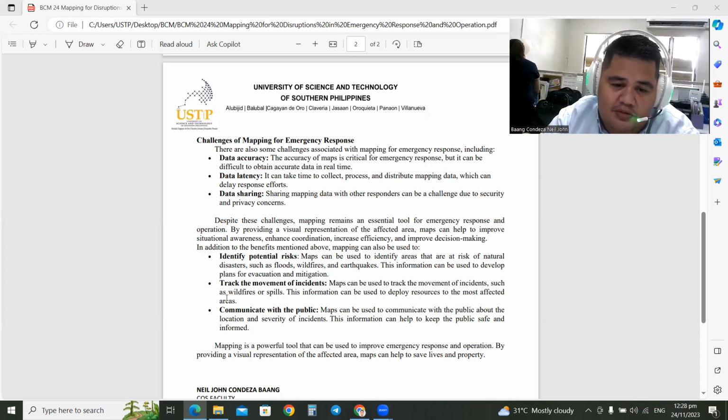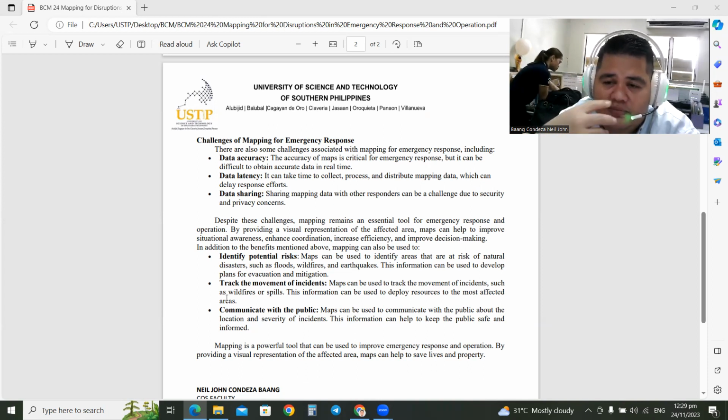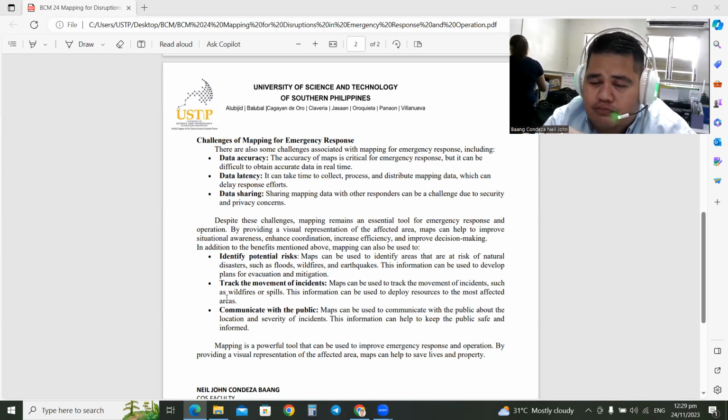The third one would be to communicate with the public. These maps can be used to communicate with the public about the location and the severity of incidents. This information can help to keep the public safe and informed. For example, if your company is having biohazard centers there,